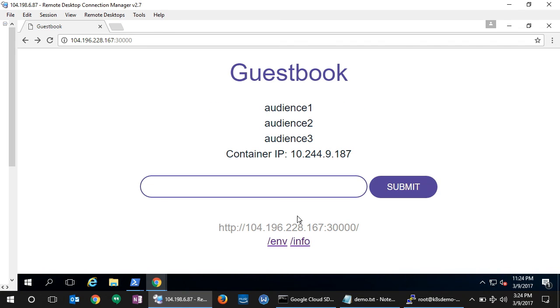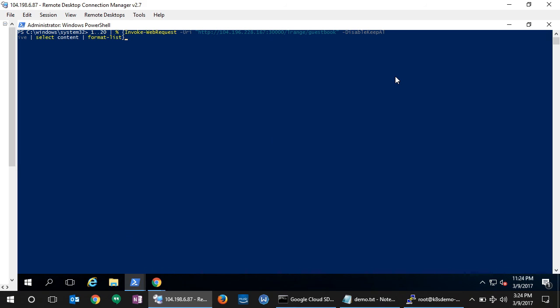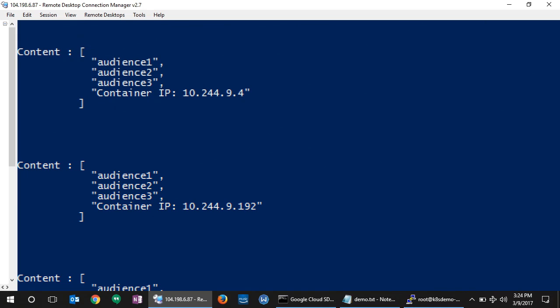So now I can go back to my web browser again, and as I refresh, I can see the endpoints changing sometimes. Now, there are sticky sessions happening in the web browser, so you might not be able to see this clearly. So I went ahead and wrote a script here that will invoke the URI for my application 20 times and print the contents. And notice here that every time we invoke it, the IP address sometimes changes because Kubernetes is basically load balancing